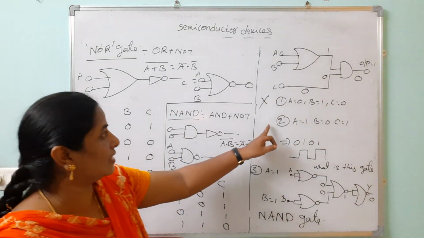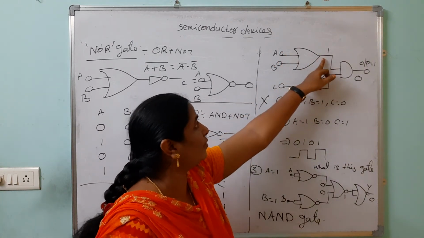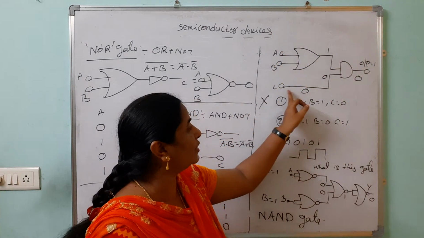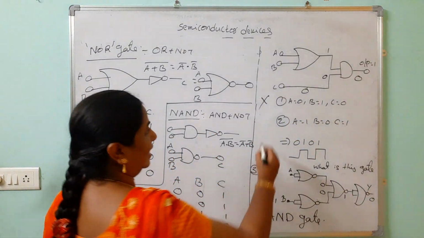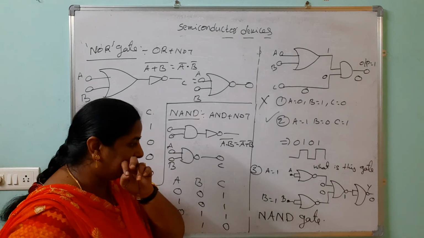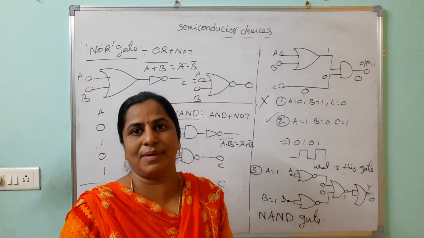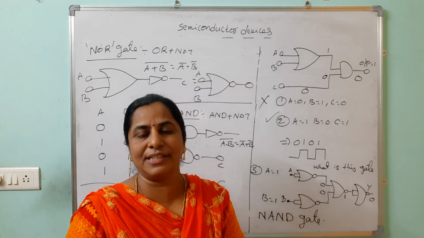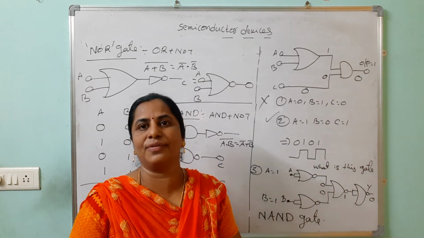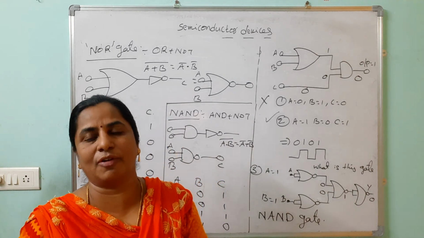Like that you should cross-check this one. A is 1, B is 0. 1 plus 0, 1 only. But C equals how much? 1. 1 into 1 how much? 1. So which option is right? The second option is right. So this belongs to the logic gates, and there are two parts for semiconductor devices. This is the second part, and it is also one of the big chapters, and theoretical questions also we are expecting, and you should follow and practice more problems